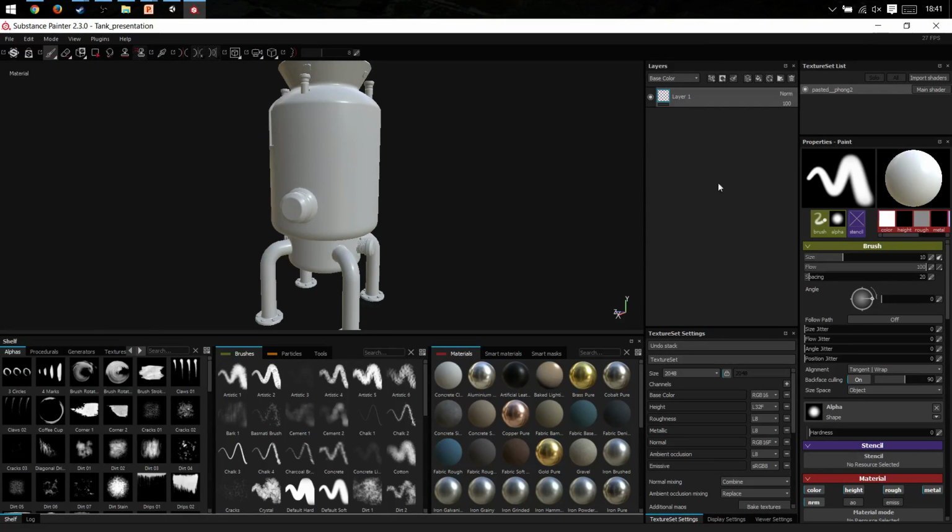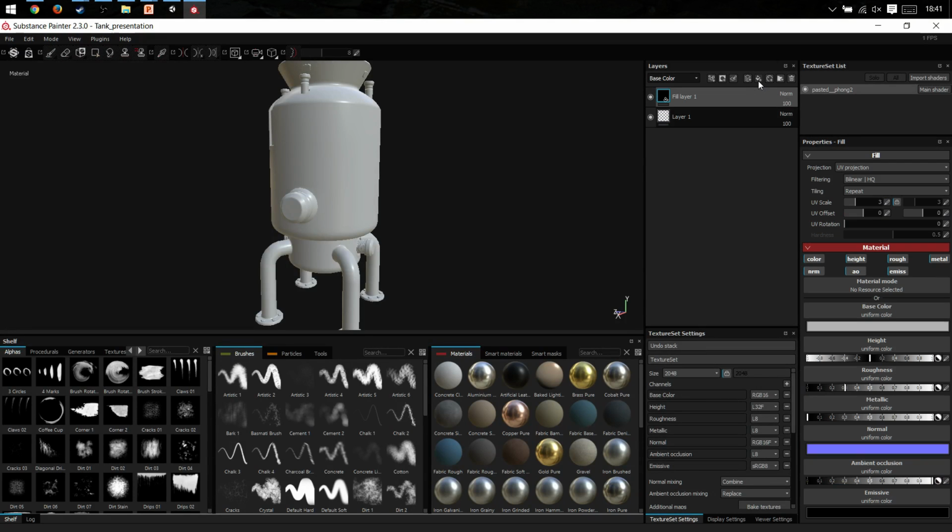And you have a layer stack just like in Photoshop. And the really cool thing about it is that you paint the full material on your model. You don't have to paint normal, then the base color, then the roughness. Everything is done at the same time. You can see here that your layer stack is stacked with height, roughness, metallic, normal, ambient occlusion, and emissive. So let's start off with a